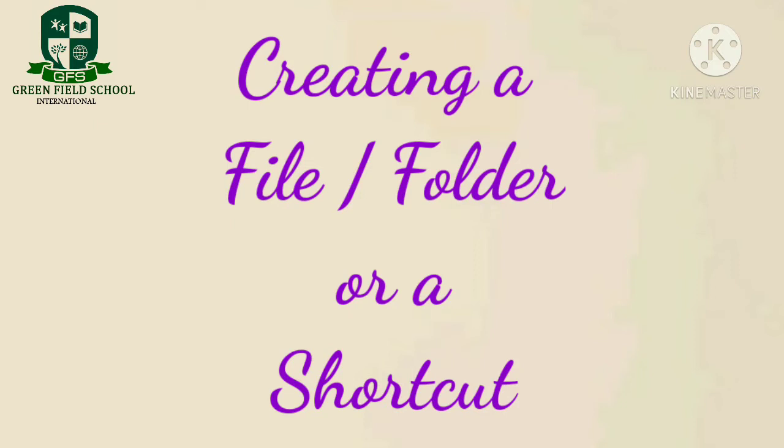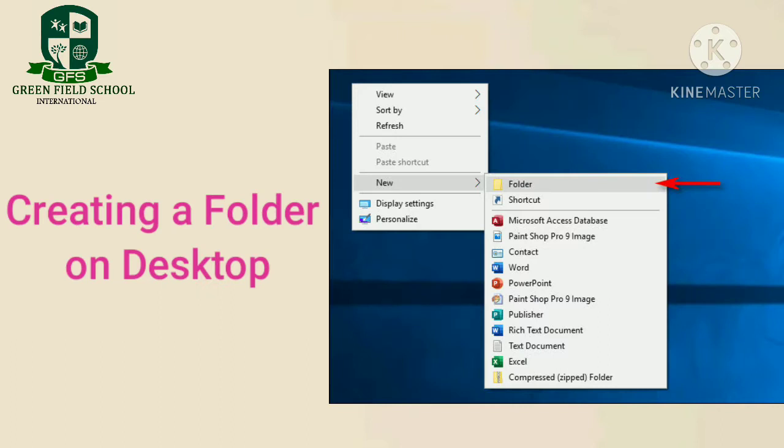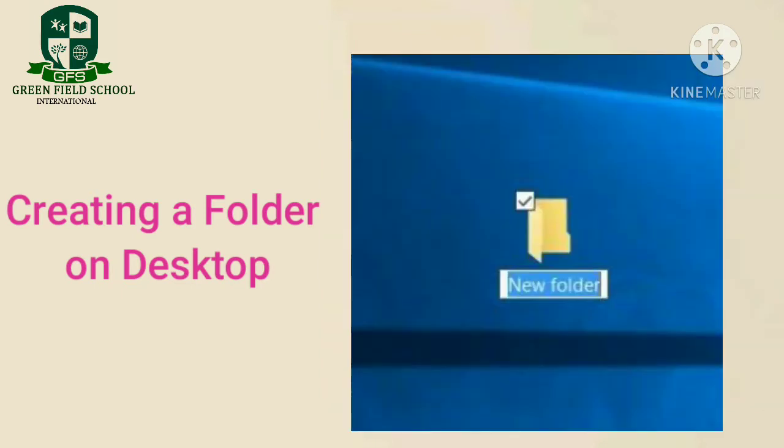Now we will create a folder on the desktop. Right click once in the blank area of the desktop. Then a pop-up menu appears. In this pop-up menu you select the new option, then a list of sub-options is displayed. In these sub-options you choose the folder option. Then a new folder will be created and displayed on the desktop. You can give a name for the folder at the cursor's position and then press enter key. Now a new folder will be created on your desktop.